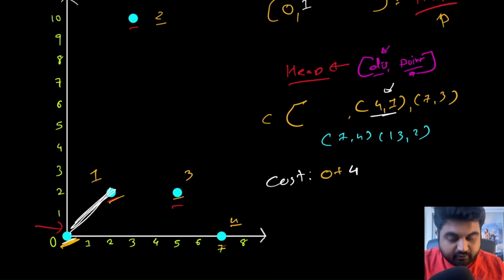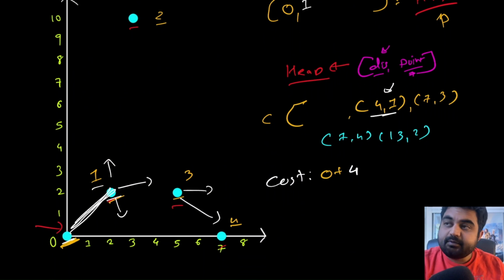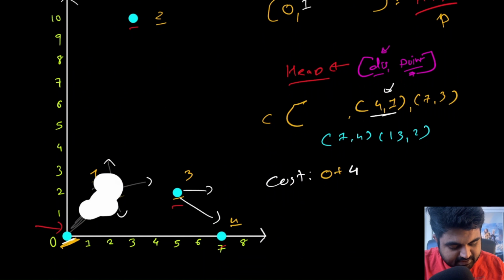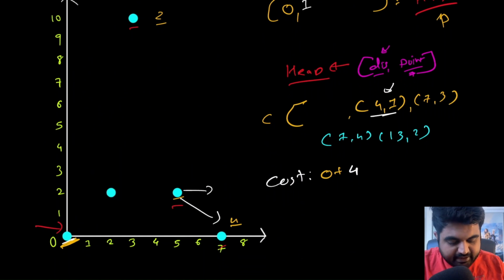Because remember, from every single node what we are trying to do is go out in a breadth first search manner, not a depth first search manner. So we went to one of the neighbors of 4, and then we are going to be visiting one of the neighbors of 1. Same way we are going to be visiting one of the neighbors of 3, and same way one of the neighbors of 4. So this is a BFS traversal, not a DFS traversal. And now let's just